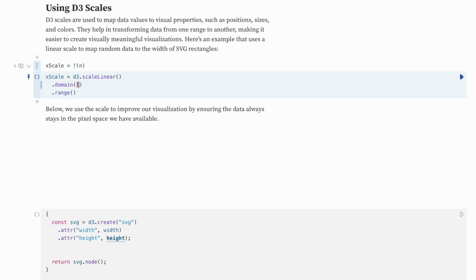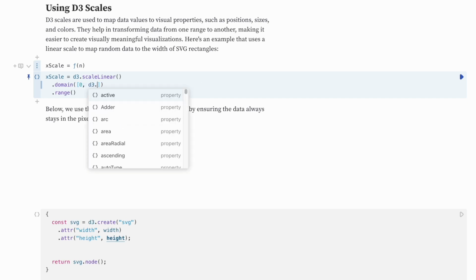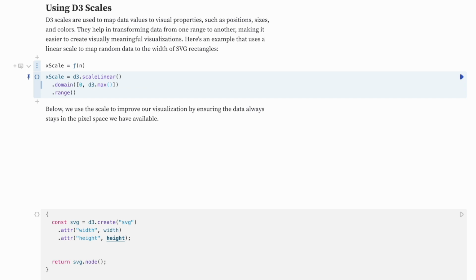So for the domain, we're going to pass an array, which is going to represent the minimum and maximum numbers that we are allowed to take into the scale. So we're going to go from 0, and oftentimes we will use this maximum function from D3 to go to the maximum value in our data. And that's a great way to make sure that if you have dynamic data coming in, like from an API or data that is frequently changing, that it is never going to overflow your screen. So whatever the maximum value of the data is, it's going to map that to the widest part of the chart or the tallest part of the chart,